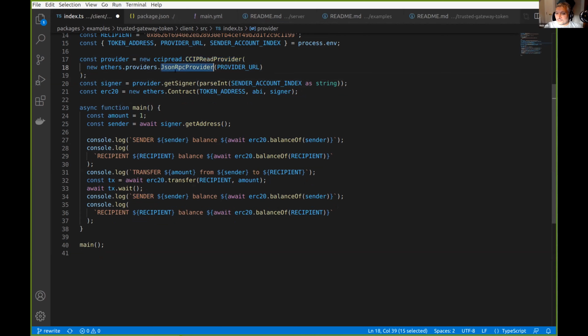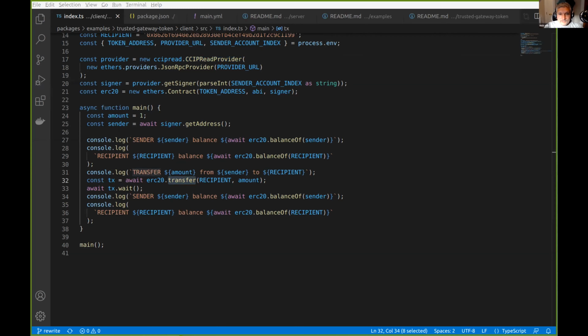So we take a standard Web3 provider, and this wraps it and provides all of the functionality we just described. And with that, all of the contract calls, so that means the balanceOf function and also the transfer transaction, suddenly become capable of using EIP-3668 to fetch off-chain data before completing.